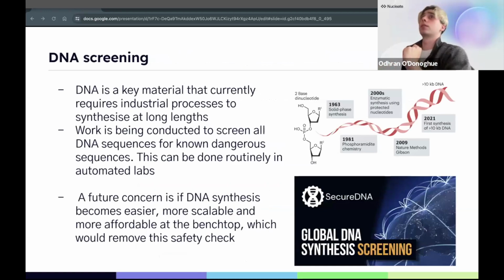Next, DNA screening. This is being done very broadly by lots of different groups. I've drawn attention to SecureDNA, a group at MIT that does this sort of work. For most biological risk, at the very least, putting chemical risk on the shelf for now, DNA is the key ingredient. If you want to build something dangerous, if you want to get smallpox or influenza, you're going to need DNA at some point. And that DNA is going to look, for the most part, like smallpox or influenza. So a lot of work is being carried out to require all DNA sequences to be screened before they're used.